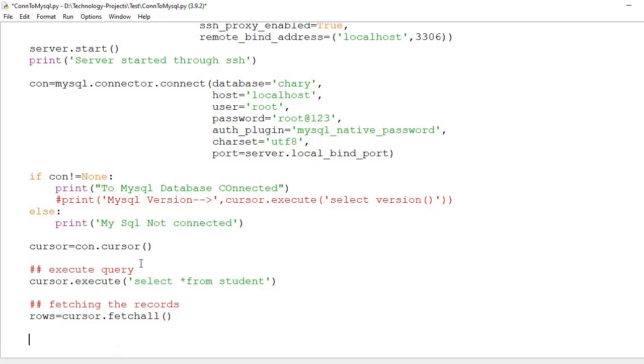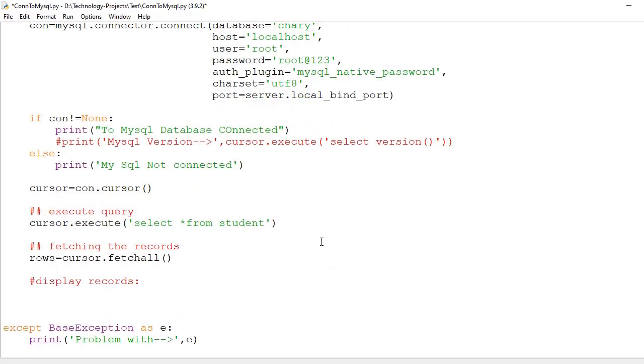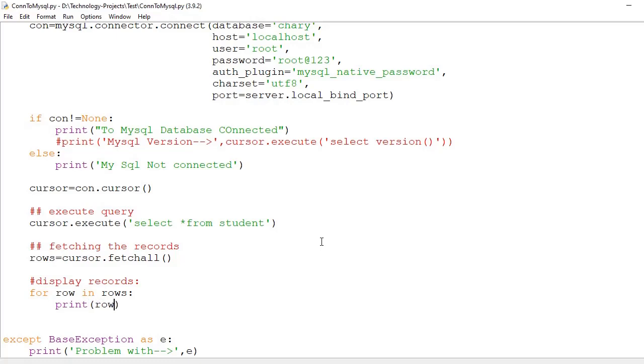After fetching the records, we need to display them. fetchall is a method that will give the records in list of tuple format. For row in rows, if the records are there, it will print the records one by one.